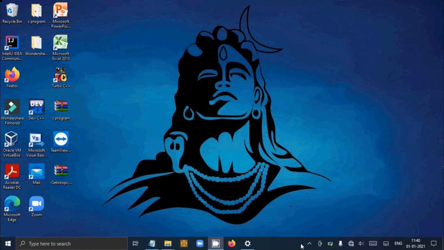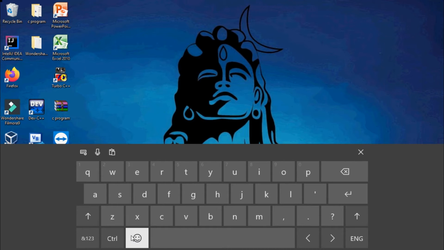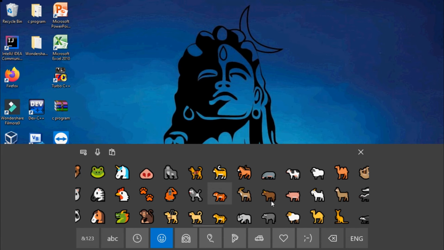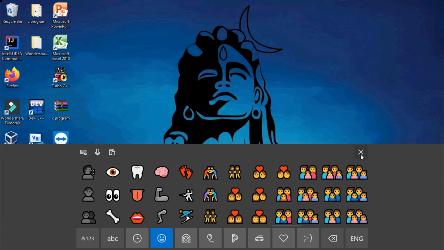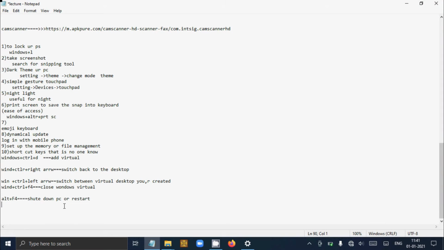If you want to add a keyboard in Windows, you can add it like this, and also you can add many emojis and write in Notepad also.